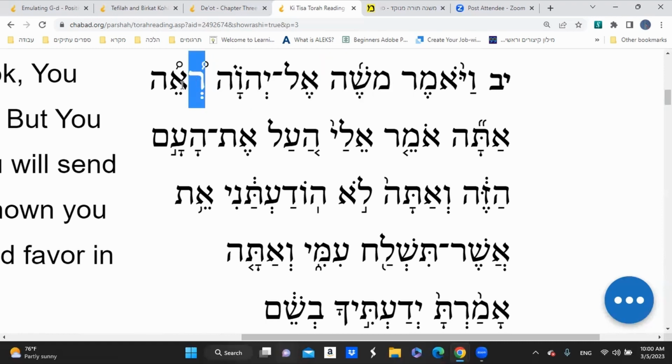El Adonai, Re'eh, Ata Omer Elai. And here you can see what a holam, the O vowel, would look like if it